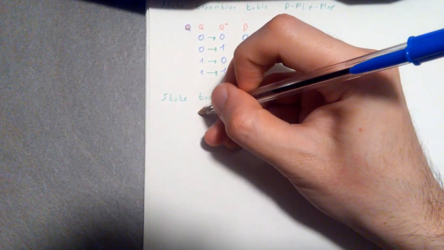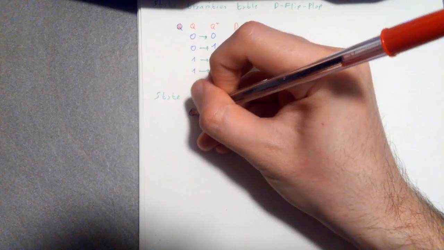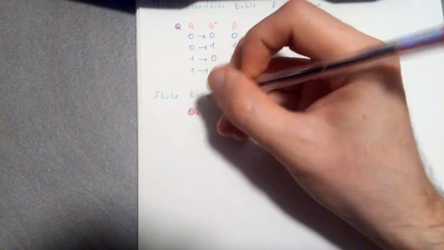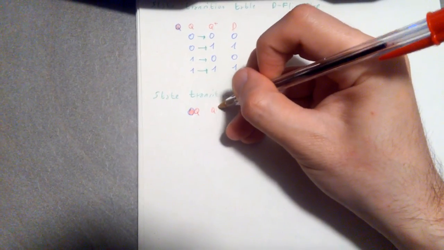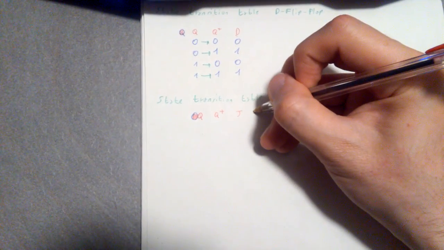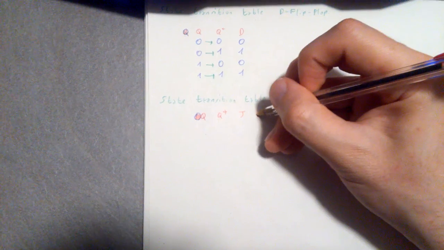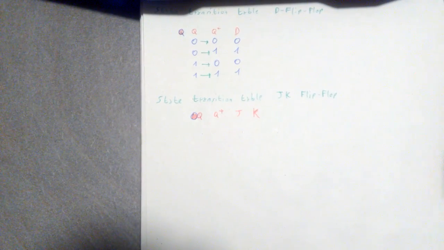Now, the state transition table for the JK flip flop, again, what I shouldn't really use every time. I always say that I'm gonna use the red pen, but I always use the wrong one because I don't actually look at it. I just blindly pick one. Anyway,